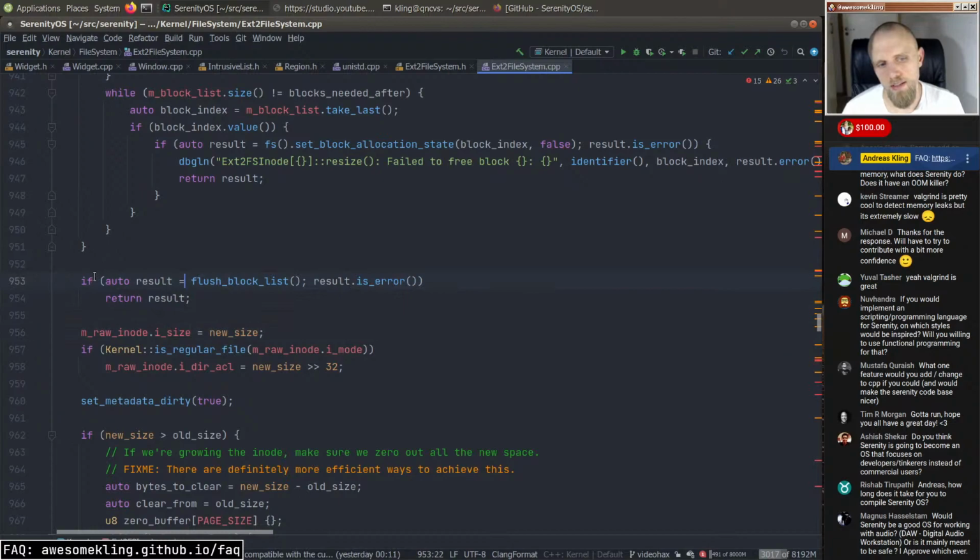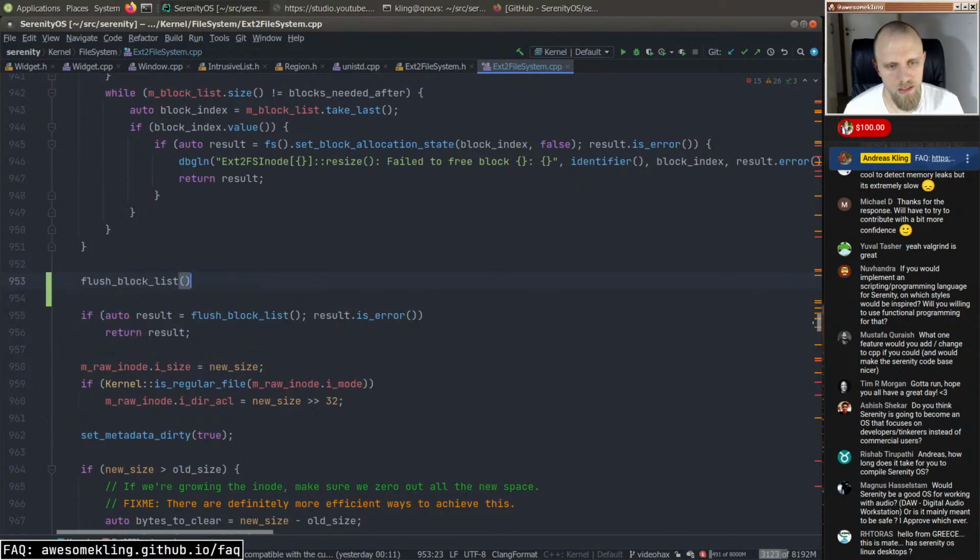We have a lot of code like this, right? Where we do some operation and get a result back. Then we put that result into a local temporary, check if it's an error, and if it is an error, then we return that thing. And I believe in Rust they have something like that or whatever,